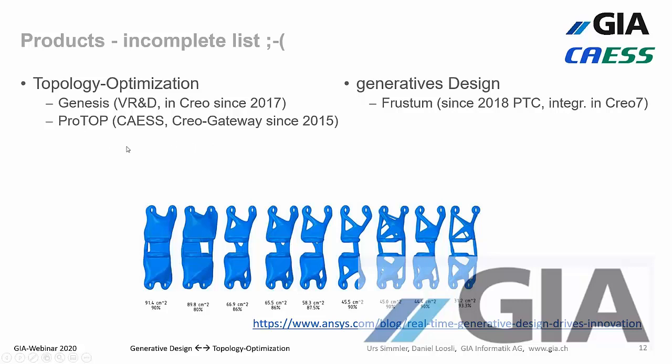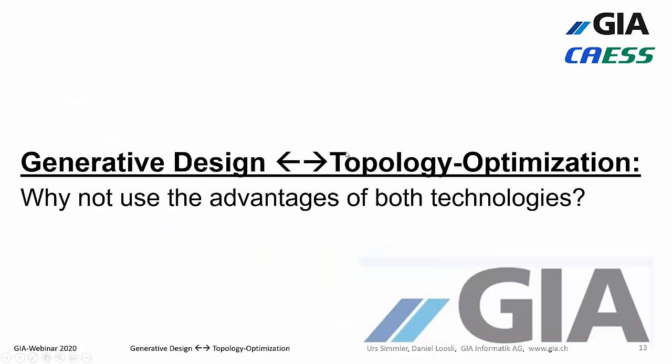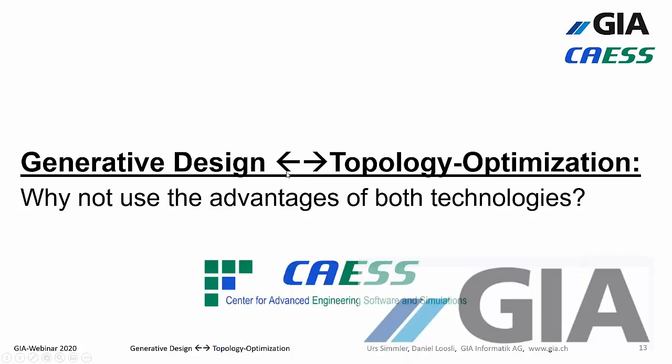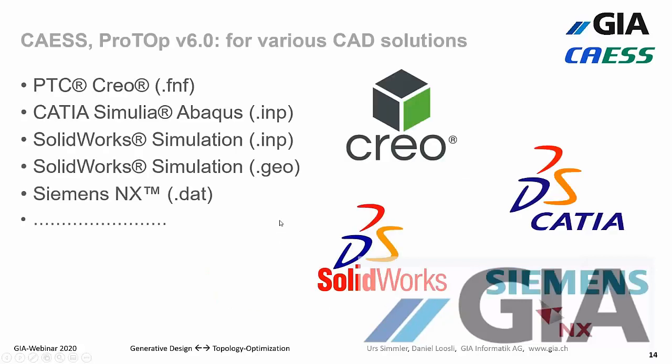Besides the PTC products, we also have additional independent products like ProTop with a Creo gateway since 2015, or we have Inspire on generative design, OptiStruct, Autodesk, Tosca, and so on. And I think this is a very incomplete list. There are many products out on the market. But is there maybe a possibility to use the advantages of both technologies? I think yes. With ProTop we can do that,